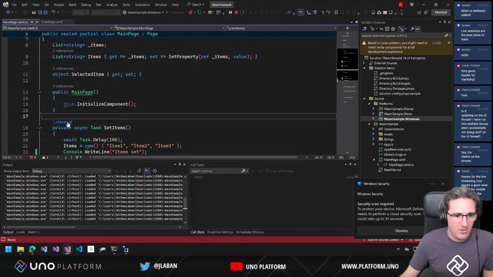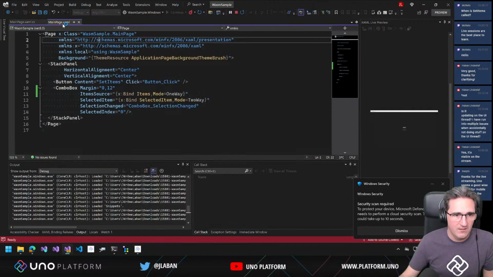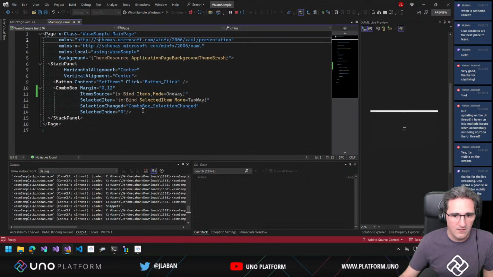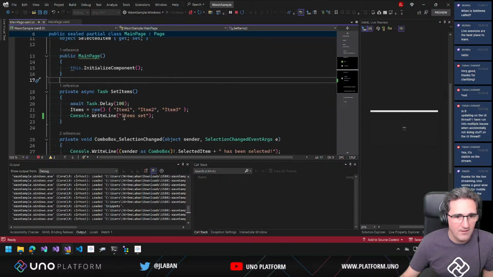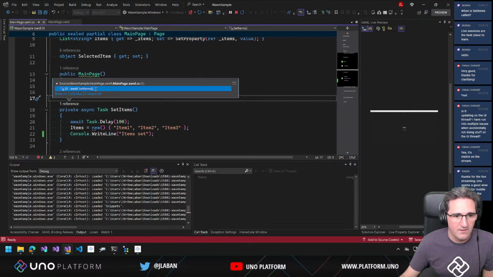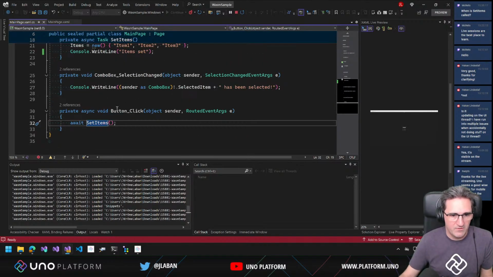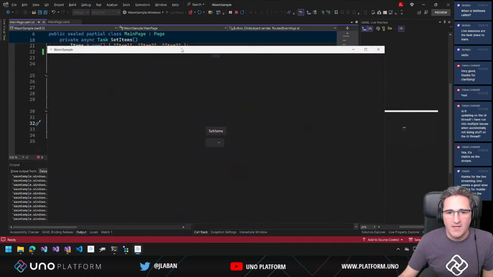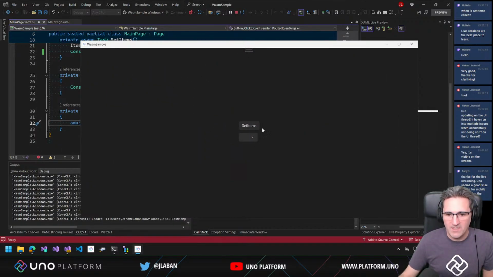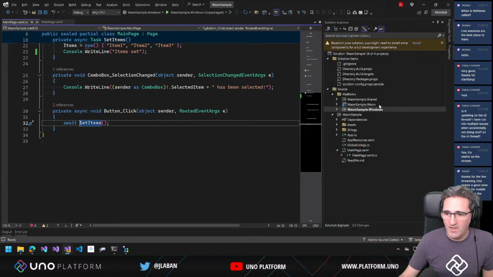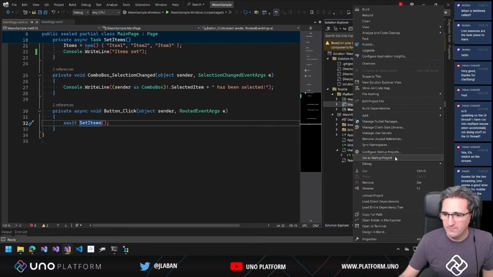When is set items called? I think it's called by... actually, I don't know. When is it called? It's called on the click. Okay, so it's in the button click. Good call. So when we do set items, it selects the first item, which is what we would expect. And if we test that in Uno,